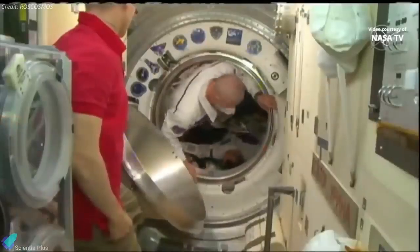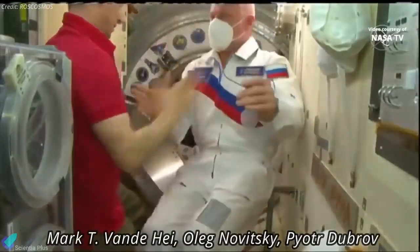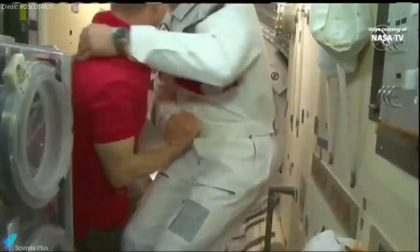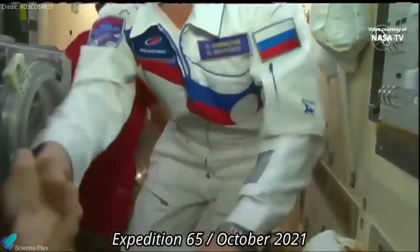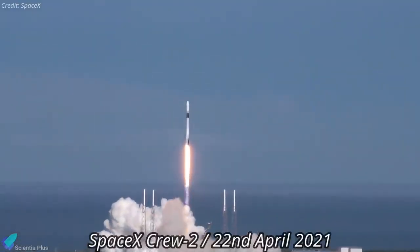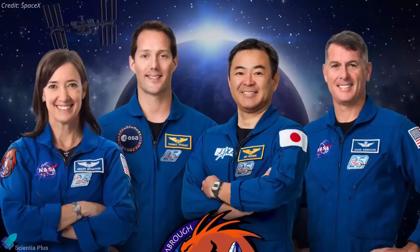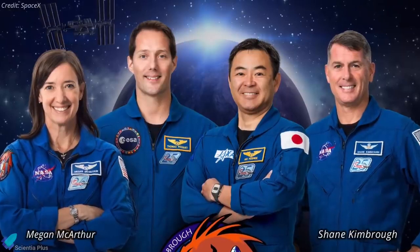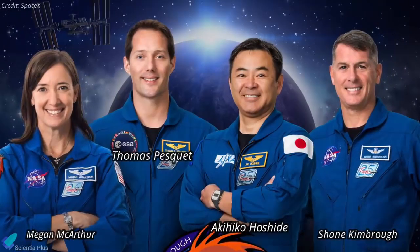The Soyuz brought to the station NASA astronaut Mark Vande Hei and Roscosmos cosmonauts Oleg Novitsky and Pyotr Dubrov. They will remain on the station through at least October as part of the Expedition 65 crew. The next crew mission to the ISS, SpaceX's Crew Dragon Crew 2, remains scheduled for launch on April 22. It will transport NASA's Shane Kimbrough and Megan McArthur, ESA's Thomas Pesquet, and Akihiko Hoshide of the Japanese Space Agency